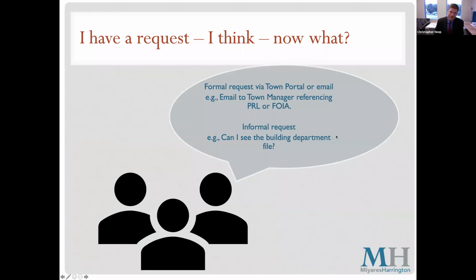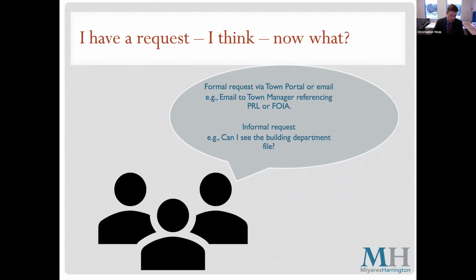Okay, so that's the definition of what is and is not a public record. Now I want to speak a little bit to public record requests and how the town responds to them. At this point, I think the bulk of the municipal work in terms of complying with the public records law is receiving and responding to public records requests from members of the public. The point I'd like to make here at the outset is that there's no minimum required level of formality when someone makes a public records request.